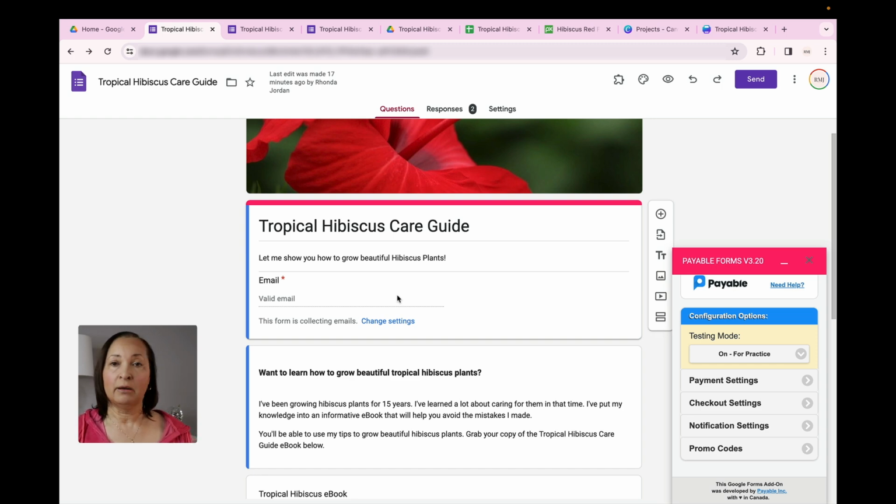Now, the third thing that I think could potentially be an issue for you is here you are creating a document and you are in fact collecting email addresses in your form. However, emailing these customers could potentially cause you some issues because they have not given their express permission. And I can absolutely tell you that, for example, if you're going to try emailing them, if they were to report the fact that you are emailing them, like, for example, if you were to take their email address and import it into your email provider and start emailing them, that could potentially be a problem for you because they have not given express permission.